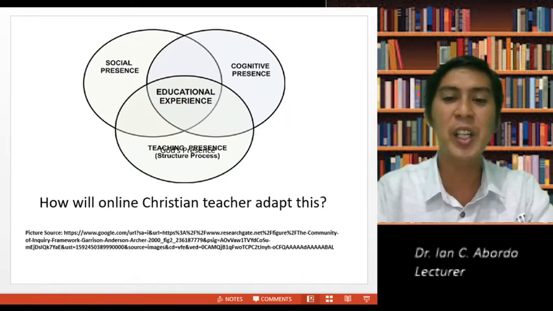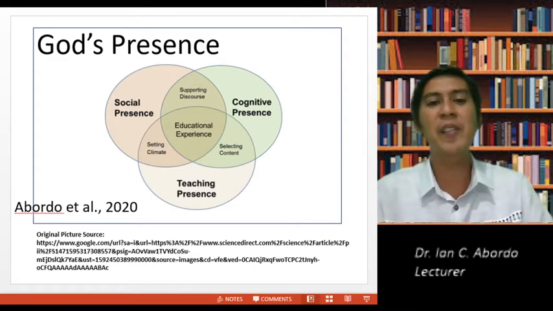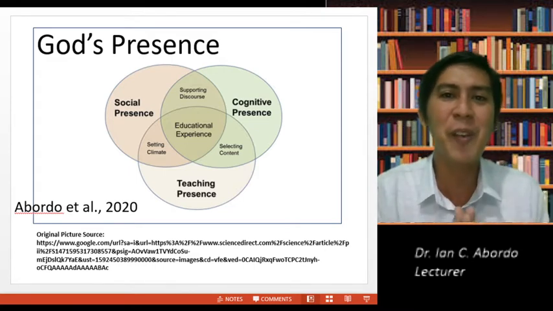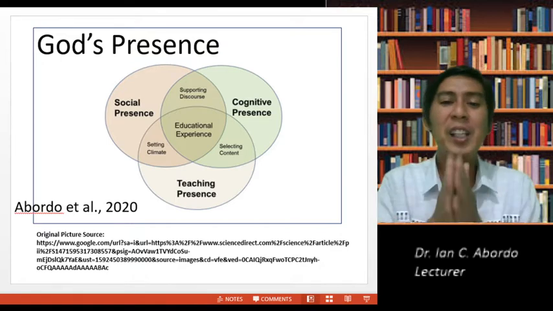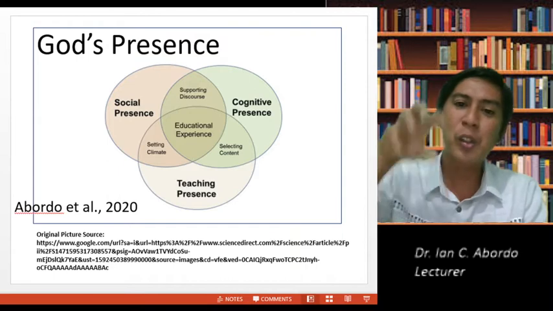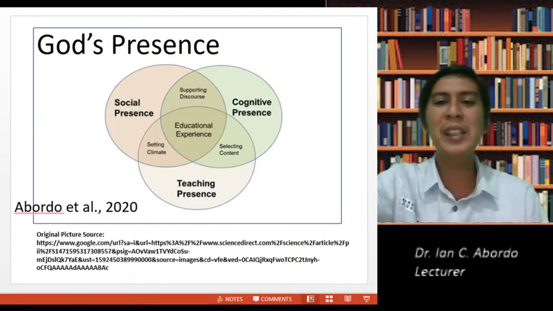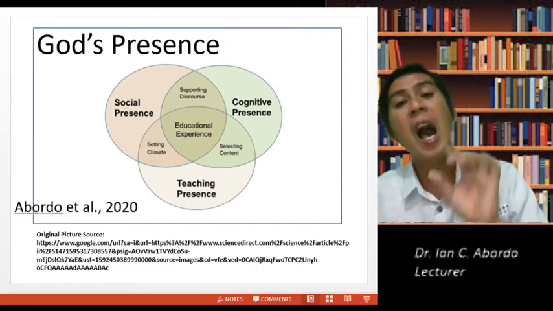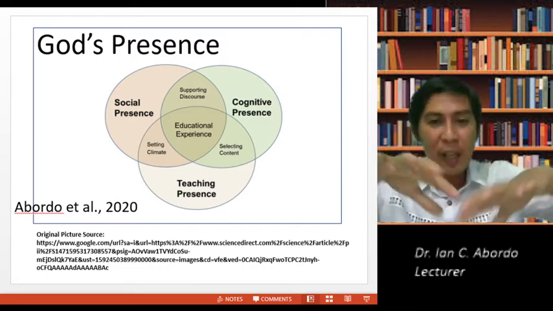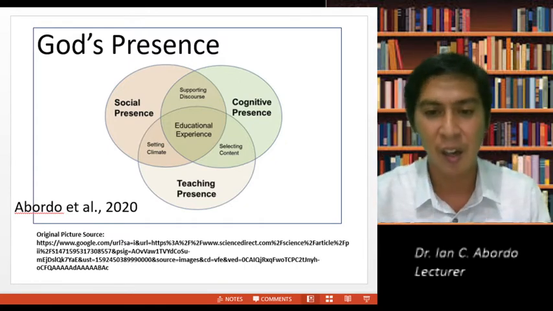How will a Christian teacher adapt this? The problem of these others is that they have the social presence, but where is God's presence? That's very important. God's presence must dictate our social presence, our cognitive presence, what we should place inside content and skills, and how we will organize the learning social environment in the context of God as there.